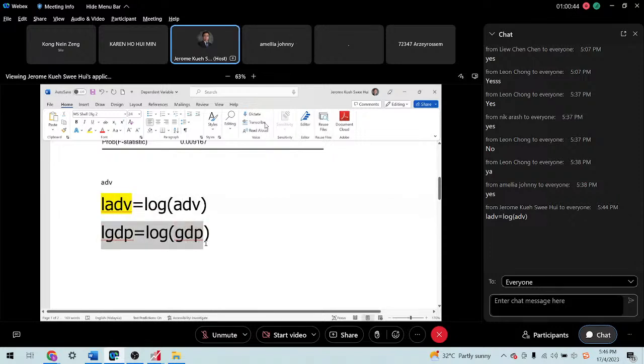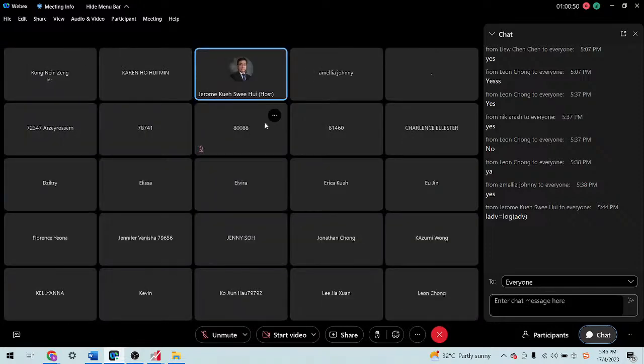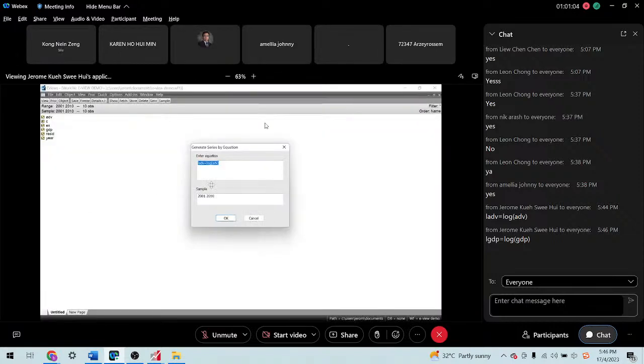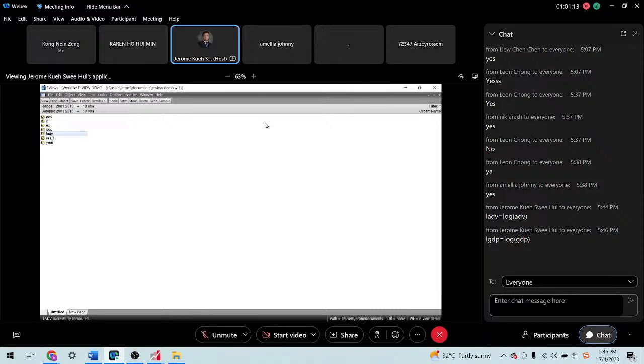Right? So this is very important in terms of the data setup. So go back to your EViews. If you click OK, then you can see that a new variable is being created.